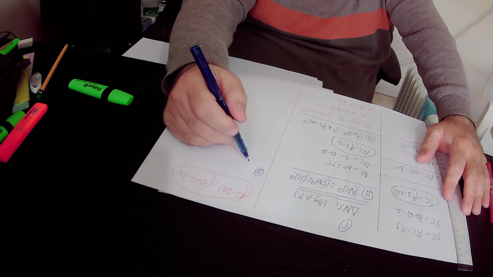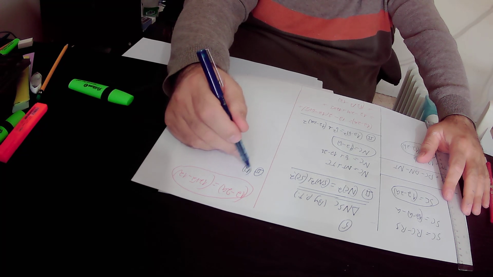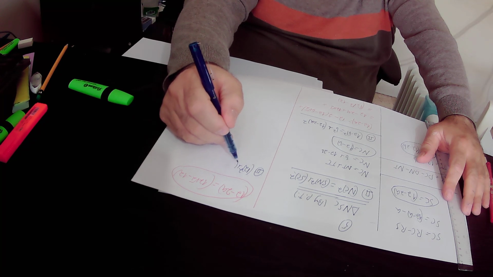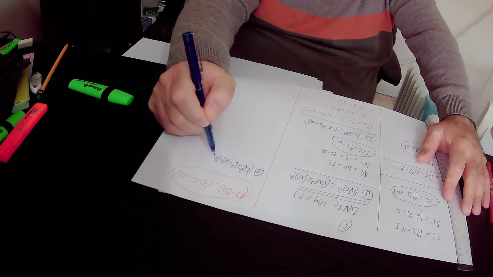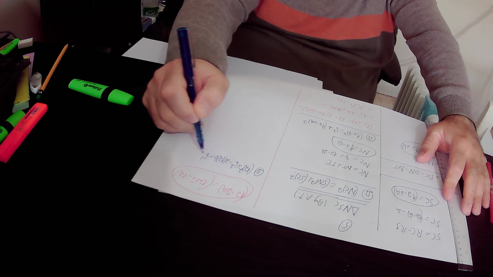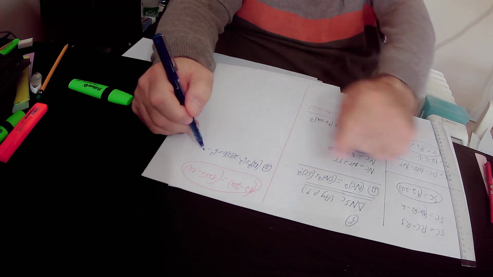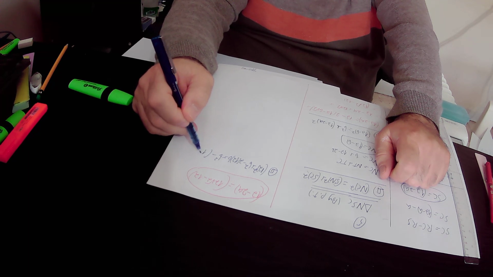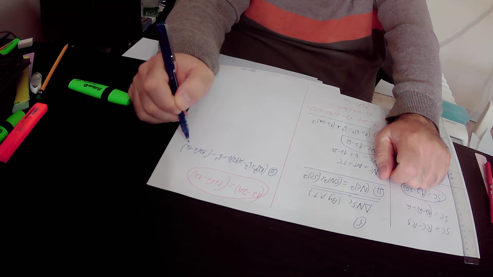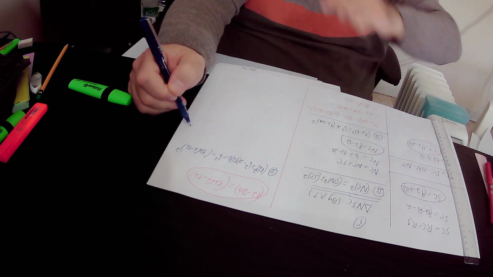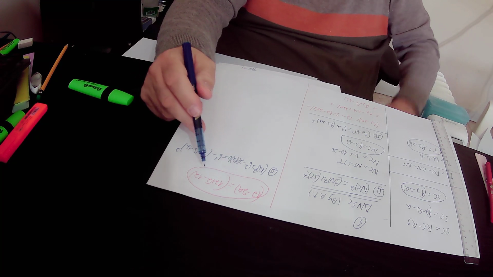12 minus B squared is 12 squared plus B squared minus 2 times 12 times B, and it equals to B squared minus 12 minus 2A, and we have already found out that 12 minus 2A actually equals to 12 times square root of 2 minus 12 squared. We substitute 12 minus 2A by 12 times square root of 2 minus 12,